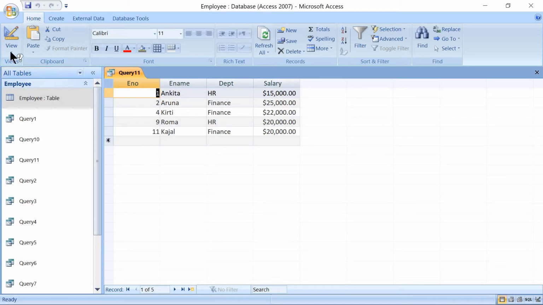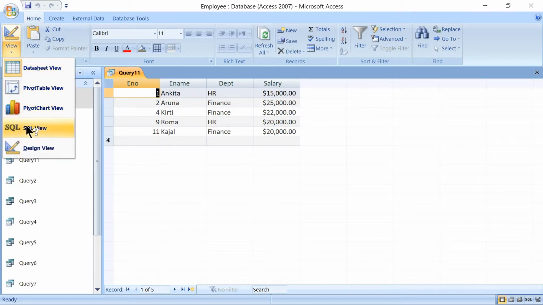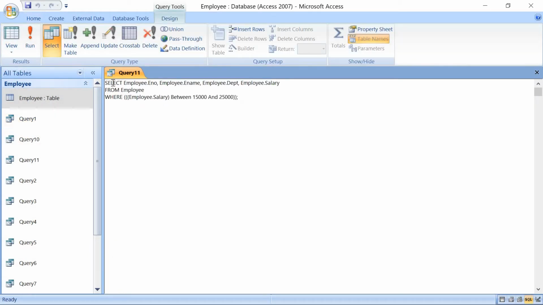Let's see the SQL statement for this one. We can just see here, select employee dot employee number, that is table dot column name or column heading, comma, all the column headings are separated using comma, table dot employee name, comma, then department, salary from the employee table where salary between operator here, between 15,000 and 25,000, and all the SQL statements will end with semicolon.